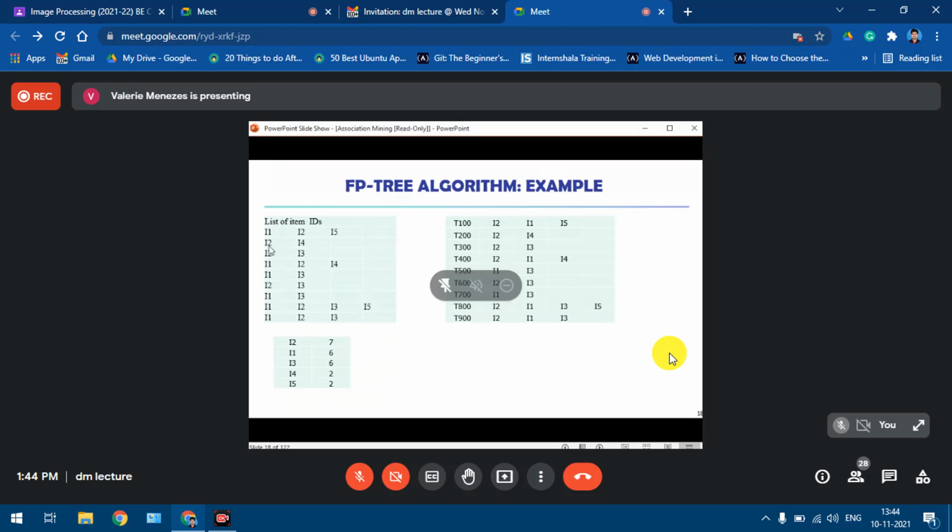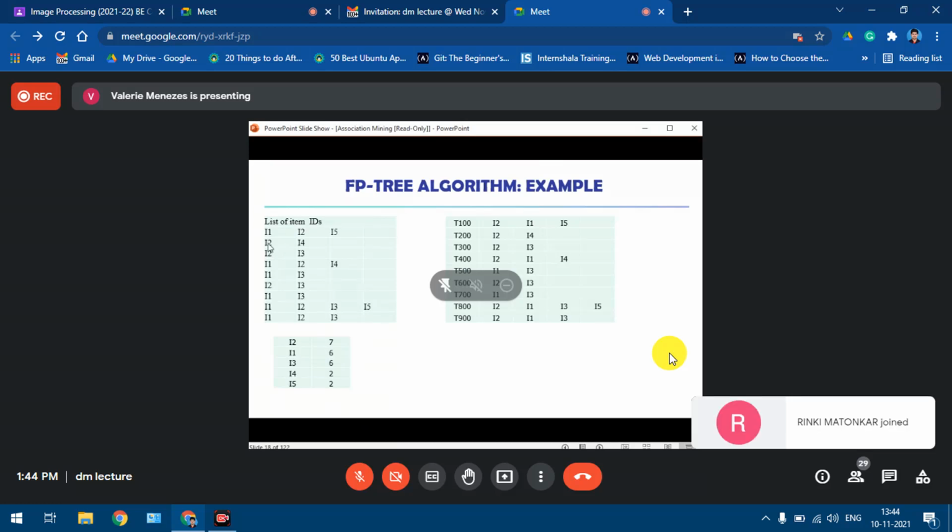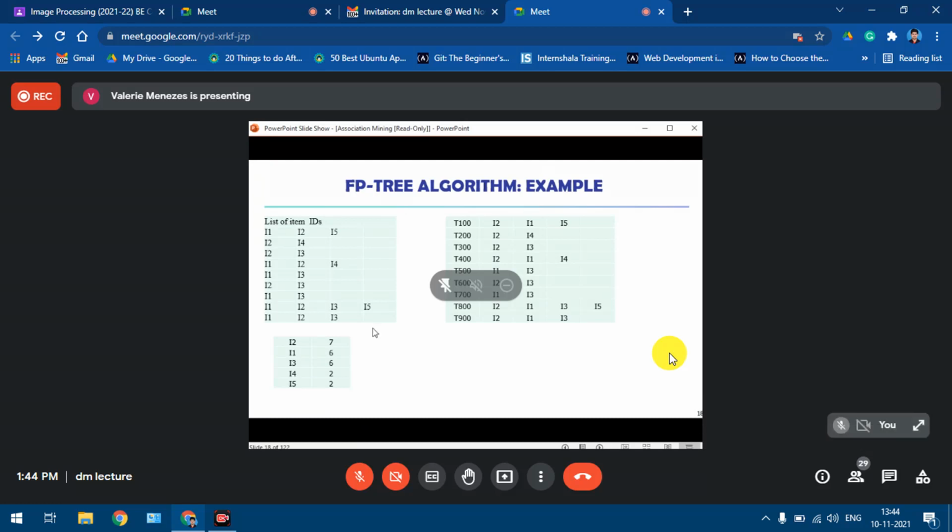So whichever has the largest support count, you will write that item first. Now next one, I2 and I4. Which has the largest support count? I2. So we keep it the same, I2, I4. Similarly, I2, I3 remains the same. Now look at the fourth transaction, I1, I2, I4. Now why is this rearranged over here? This is rearranged as I2 because I2 has the largest support count, followed by I1 which has the second largest support count, followed by I4 which has the third largest support count.